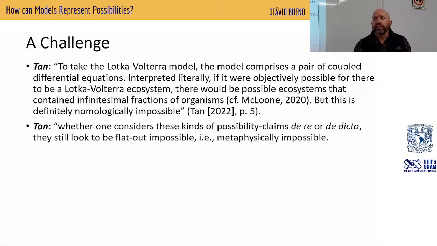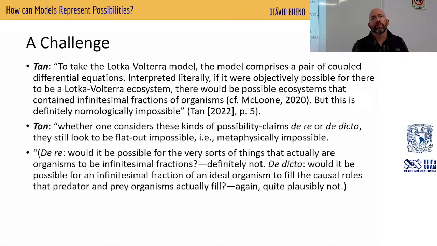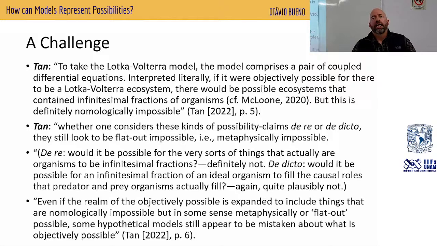Whether one considers these kinds of possibility claims de re or de dicto, they still look to be flat out impossible, i.e. metaphysically impossible. De re: would it be possible for the very sorts of things that actually are organisms to be infinitesimal fractions? Definitely not. De dicto: would it be possible for an infinitesimal fraction of an ideal organism to fill the causal roles that predators and prey organisms actually fill? Again, quite plausibly not. Even if the realm of the objectively possible is expanded to include things that are nomologically impossible,